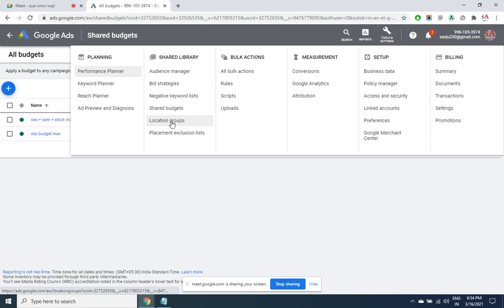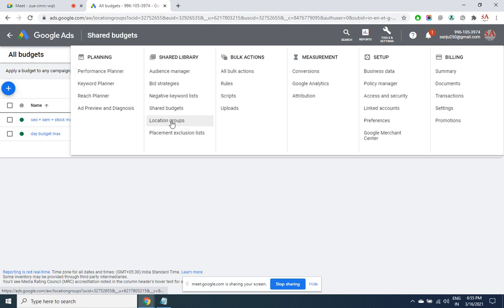Location groups. This is applicable for the people who have a franchisee business. In case Sanjay Technologies is located in multiple places in Hyderabad, or maybe one branch is in Vizag, so you have some clients who give the business in the franchisee model, so they may want to target ads only in the kind of area where their shop is present. So let's say in the entire country of India, I've got some 20 setups in various cities, in various states, and I wish to give those locations.